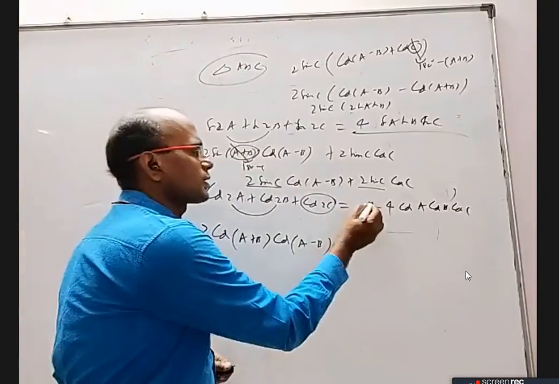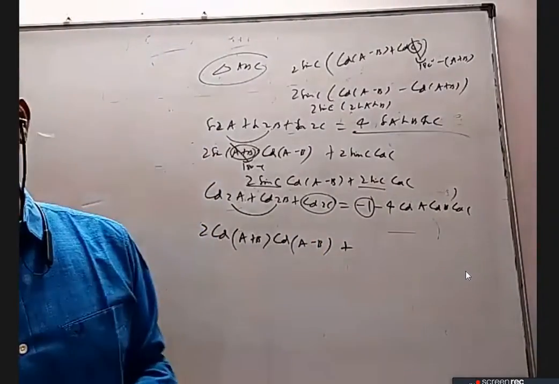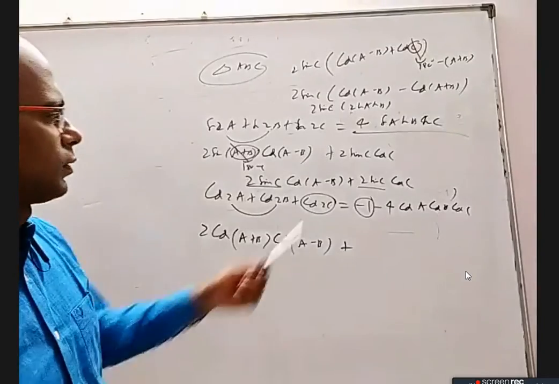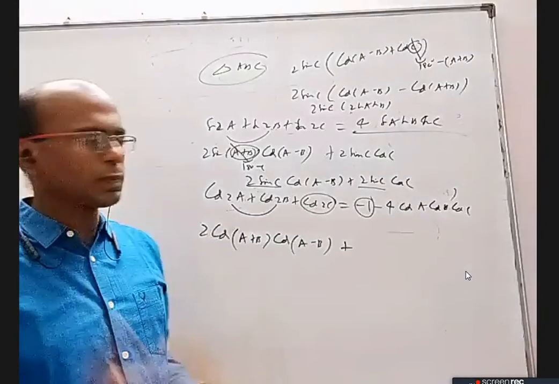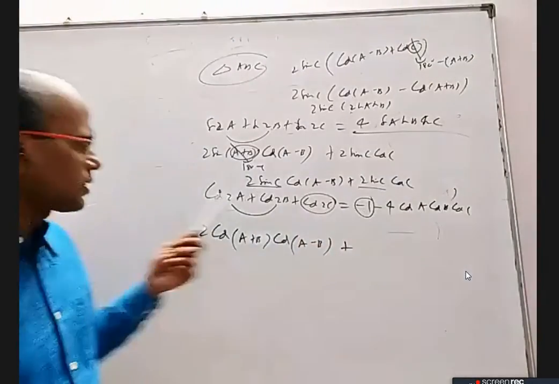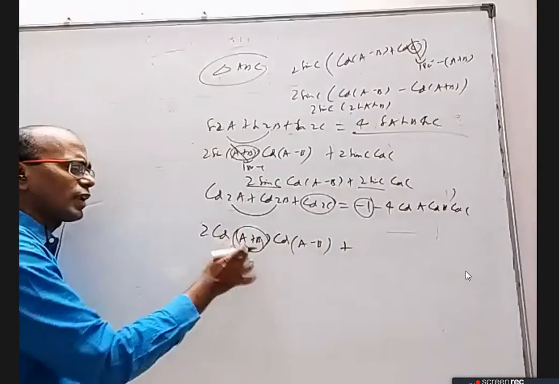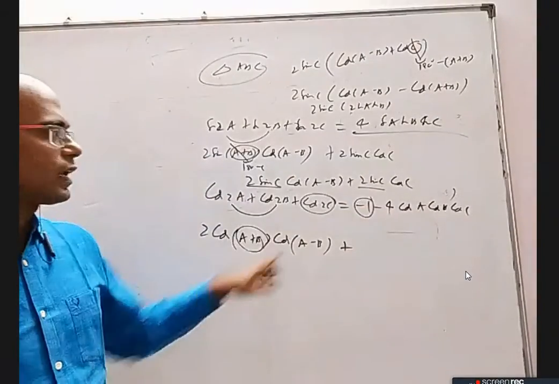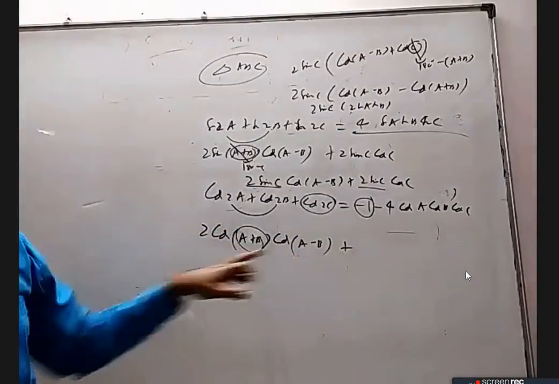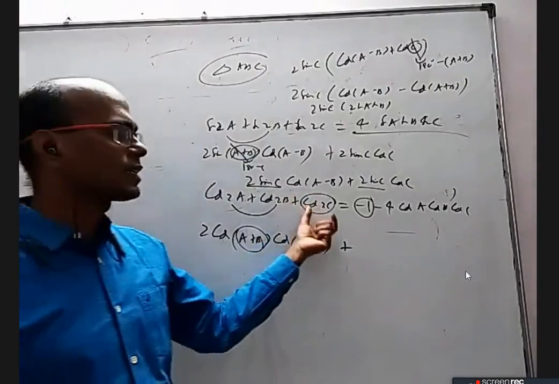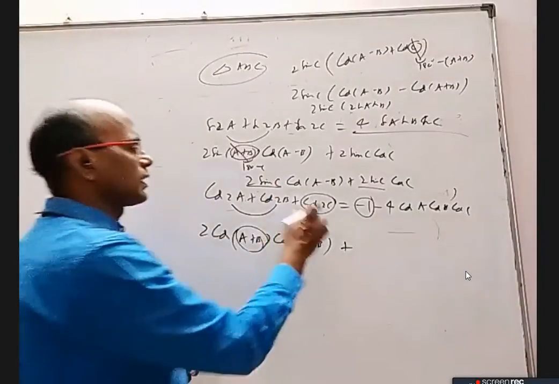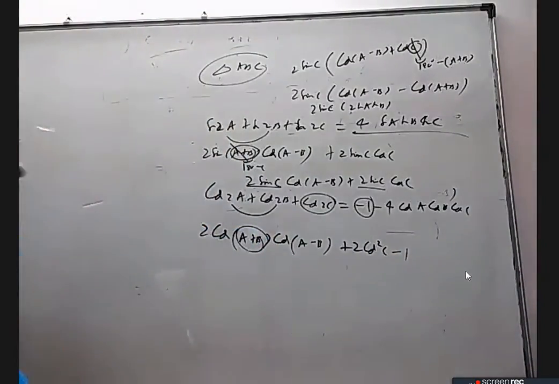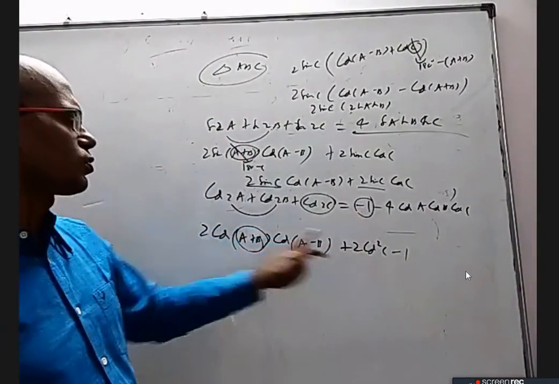For example, in the answer, I want minus 1. So tell me which formula is better for me. 2 cos square c minus 1 is much better because I want minus 1 anyway. Another reason is, if I write this as 180 minus c, in the next step I am going to get cos c, and I want cos c to come common. If I have to get cos c in common, I should be able to write this in terms of cos c. So the reason I am choosing this to write it as 2 cos square c minus 1, one reason is for minus 1, another is to take cos c common.